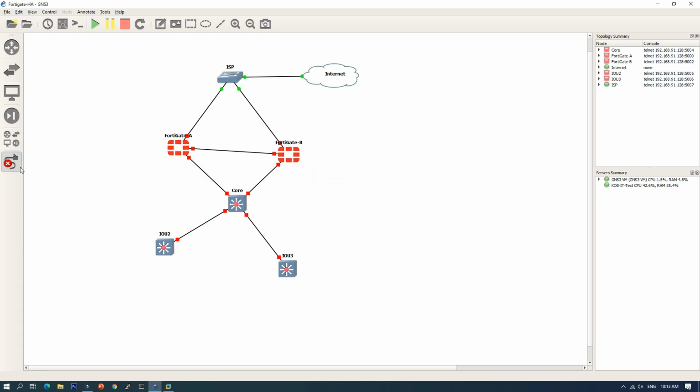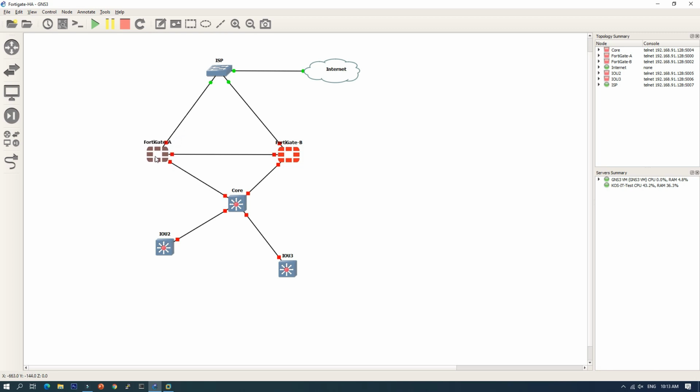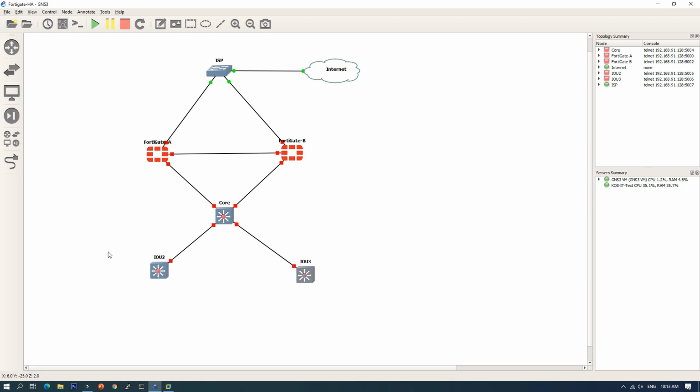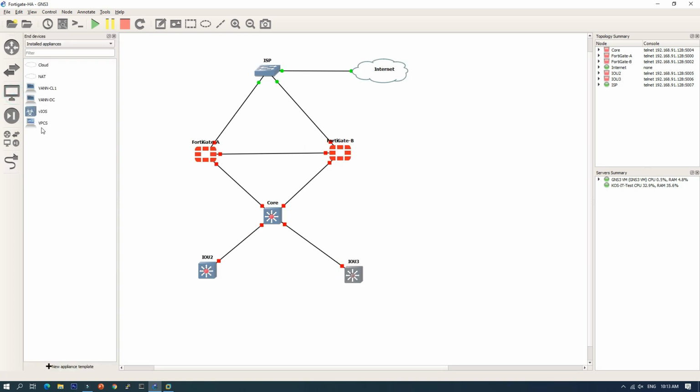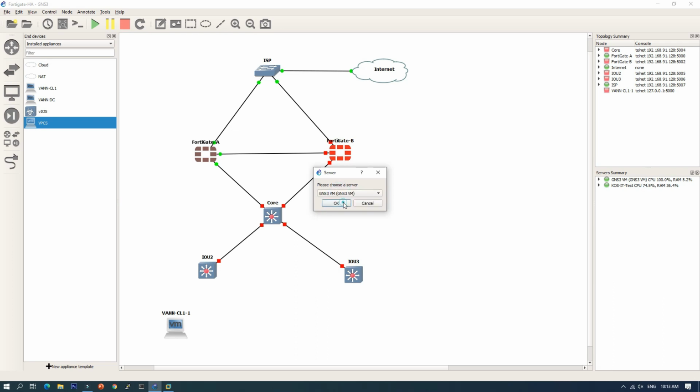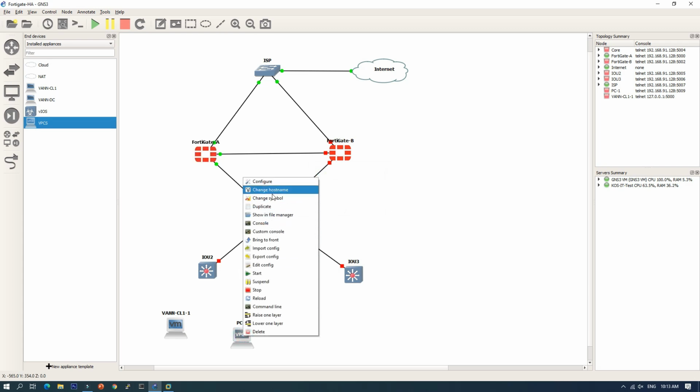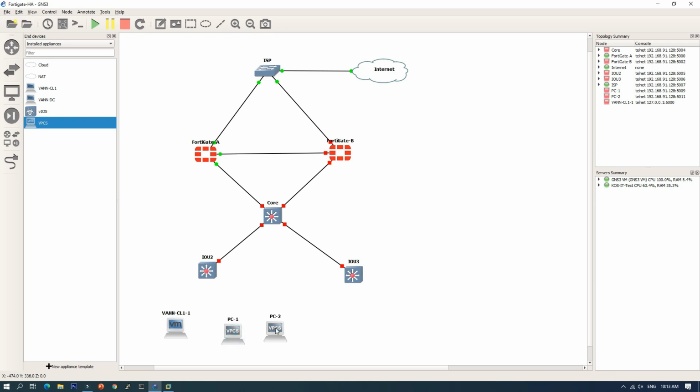Okay, so PC, I can take this PC. Okay, let's start the FortiGate first. GNS3, duplicate.